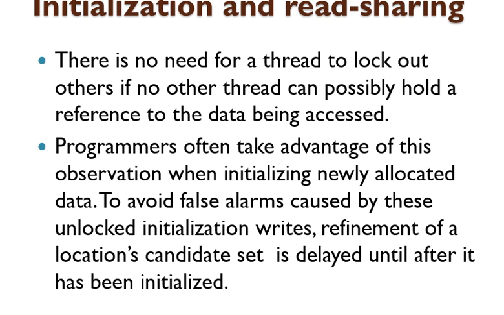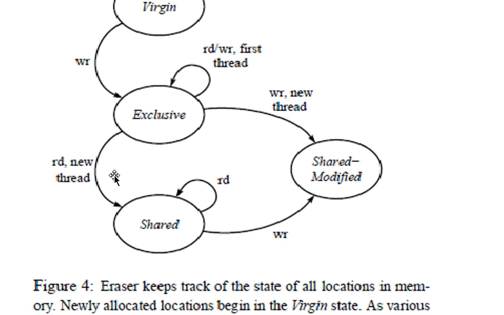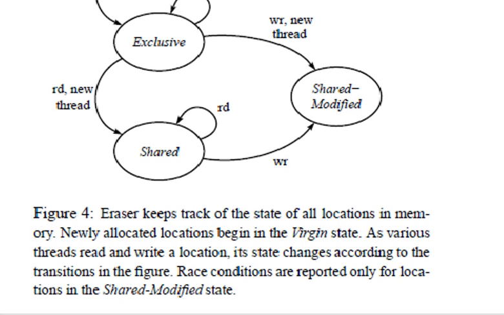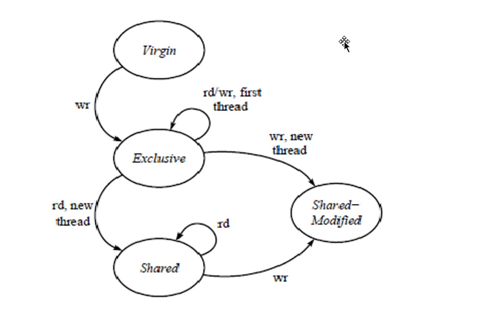Moving on. If you look at this figure, the eraser keeps track of the state of all locations in memory. Newly allocated locations begin in the virgin state. This is the virgin state. And then